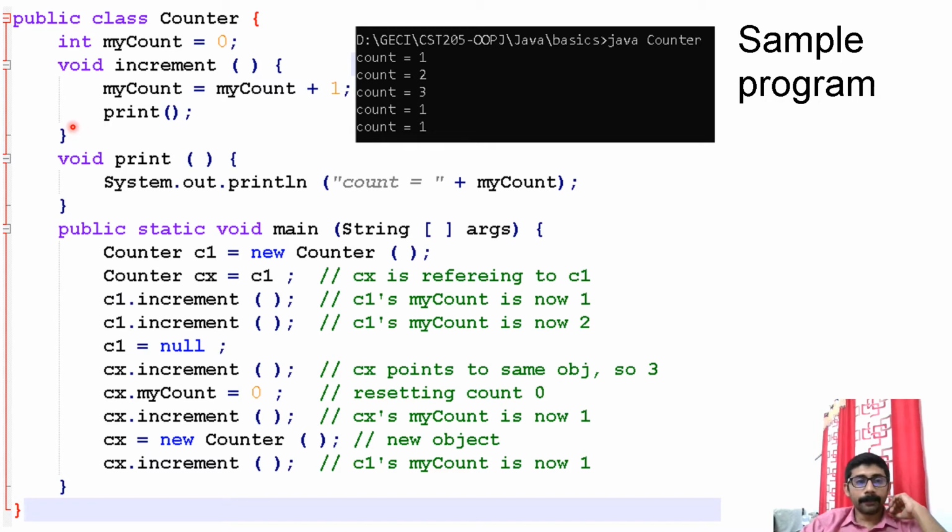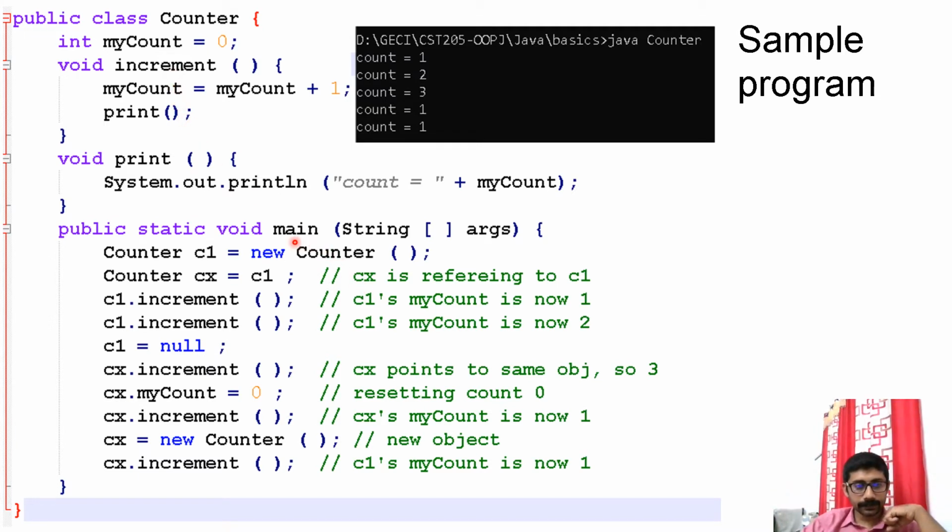Let us see one example. Here we have a class Counter. In that I have one instance member, non-static member count, and I have one non-static method increment. In that method I am simply incrementing the count, and I have one non-static instance method print. In that I am just printing the count.